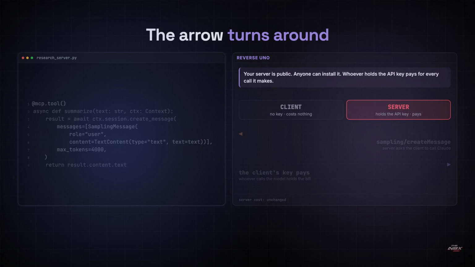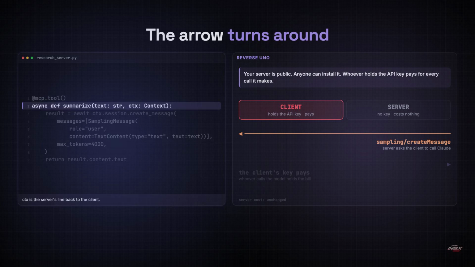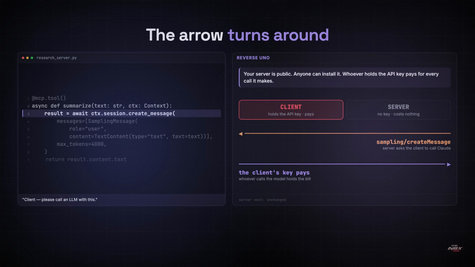Sampling flips the direction. Normally, the client asks the server to do things, and every arrow points one way. Here the server turns round mid-tool and asks the client, "You call the model for me and send me back what it says." The tool takes a ctx argument, which is the server's line back to whoever connected. The call that does the asking is ctx.session.create_message, and the key detail is that the client is the one holding an API key, so the client is